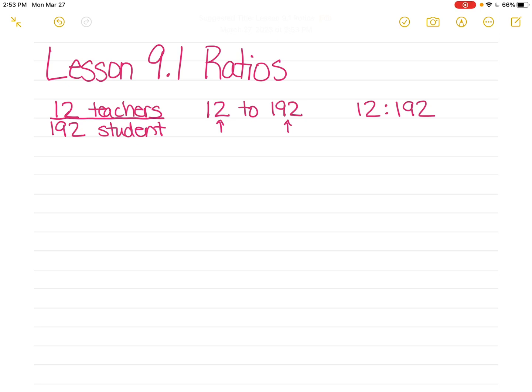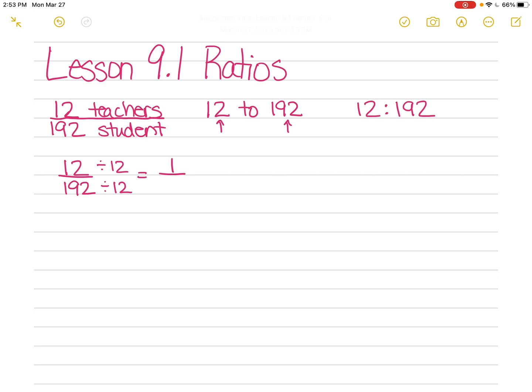So the lowest terms would be if I took this fraction, 12 to 192, and I just found my lowest term. So both of these can be divided by 12. If you don't know that they could be divided by 12, remember, we've already done reducing fractions. You can always just divide by 2 and then say, okay, it needs to be divided again by 2 and then by 3. You can just keep doing that. But I know that this can be divided by